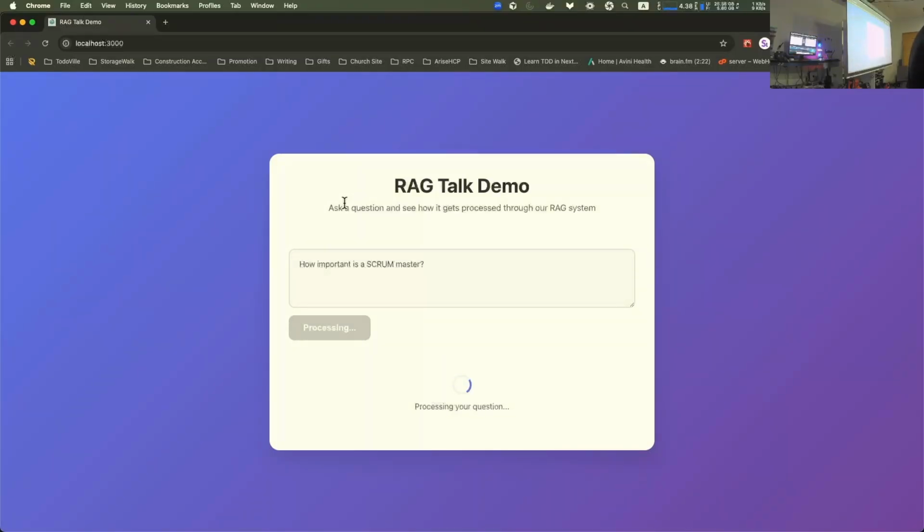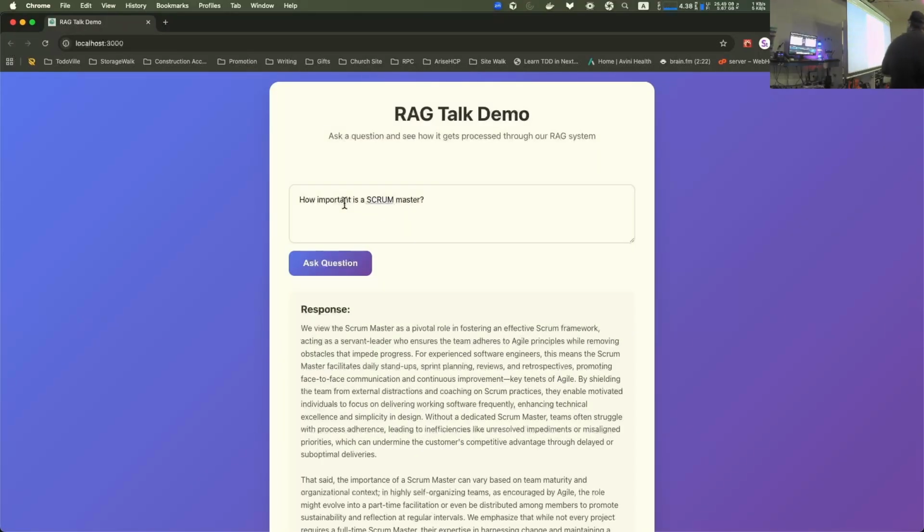You're going to see all this stuff that comes in here. Look at this, focus on delivering working software frequently. That's directly out of the thing. So what you're seeing here is we have now flavored the response very strongly with those 12 principles.